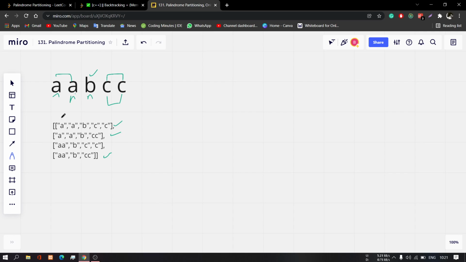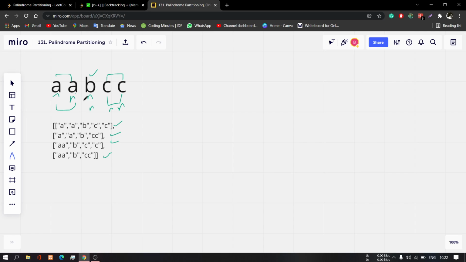Or you can see that these two we can take together, and these two also together, so this is also a palindromic array. So you can see there are four possible ways. We have to print all the possible ways.